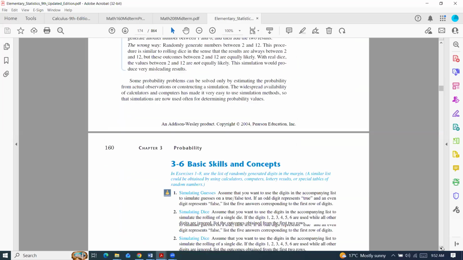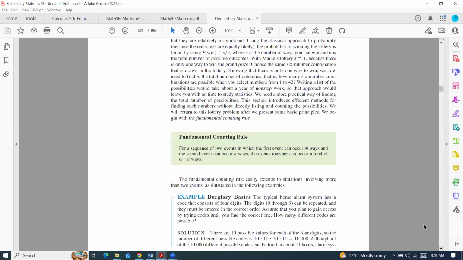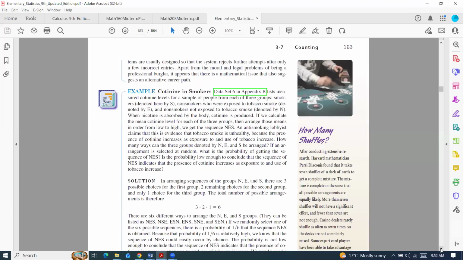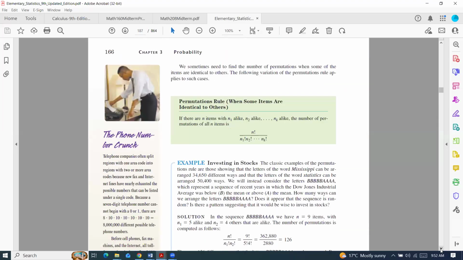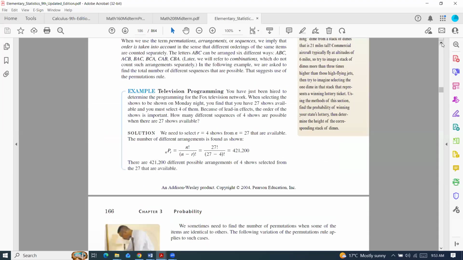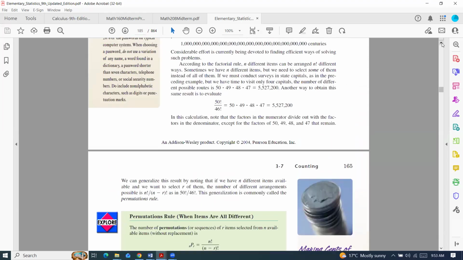The reason I skipped 3.6 is because it teaches you how to actually produce experiments on your own, usually by going out on the street and asking people all kinds of questions, and that may not be very safe nowadays. So you don't want to do that. You want to skip. There is a section 3.7 here that introduces some interesting pieces of the story